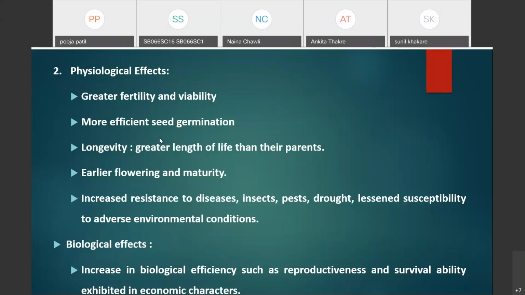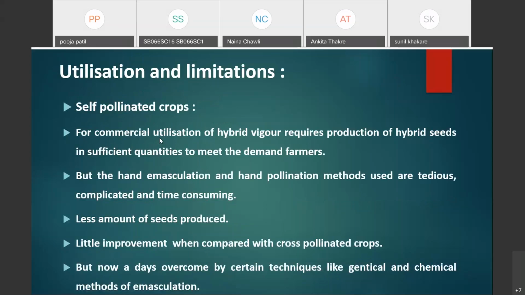Okay, that is all about the effects of heterosis. Then the second one, the last one here, the utilization and the limitations of this method. Okay, the utilization and the limitation of heterosis and